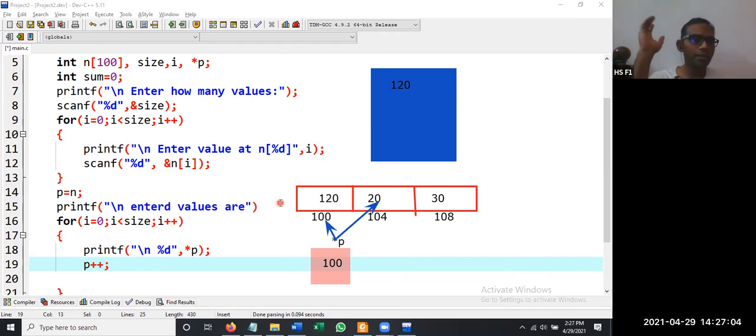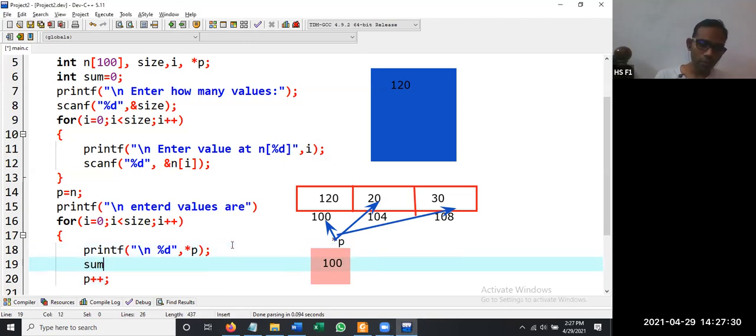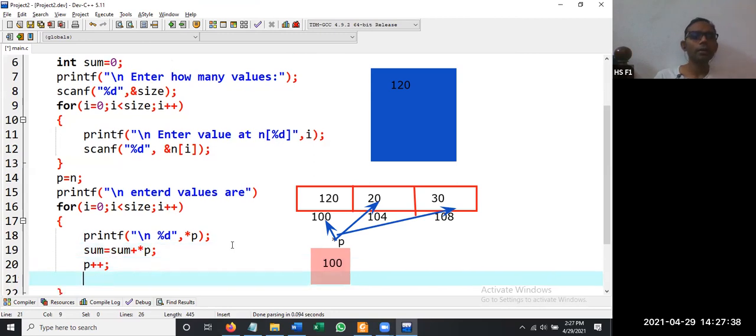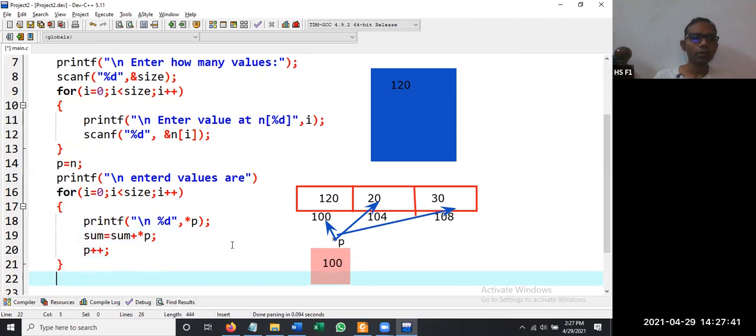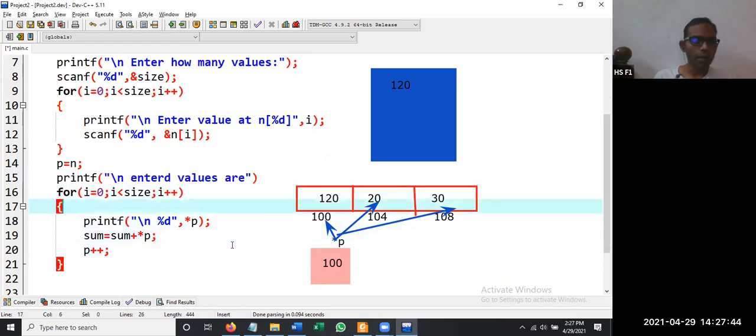Okay, so just concentrate on this concept. Pointer plus plus means it is not incremented by 1, it is incremented by the type size. So this is how the pointer moves to the next location, and then again to the next location. That is performed by p++. Before performing p++, we need to add the value to some variable. So how to do that? sum = sum + *p, or sum += *p, both are the same. This is how you add the value to a variable. At the end, you are going to print the sum of array elements.